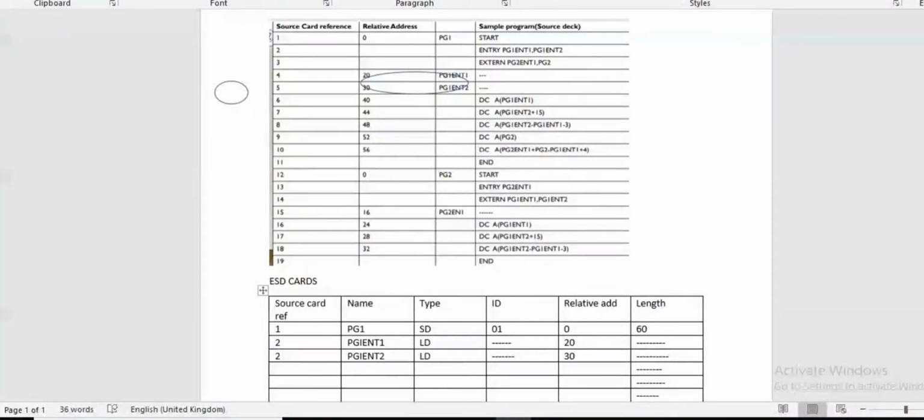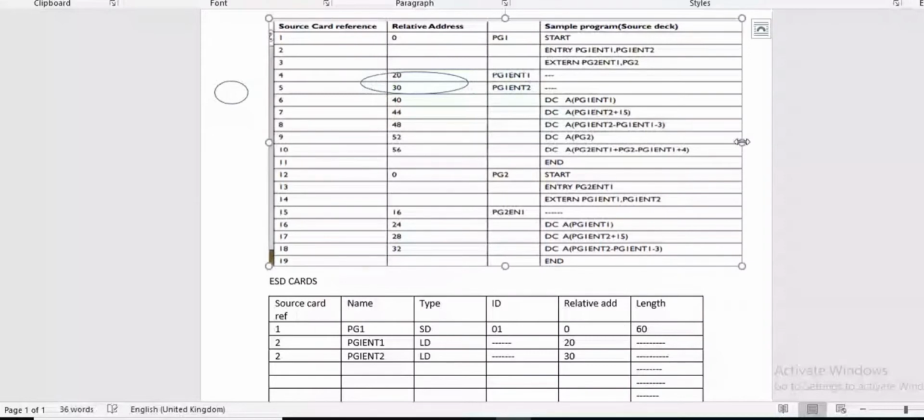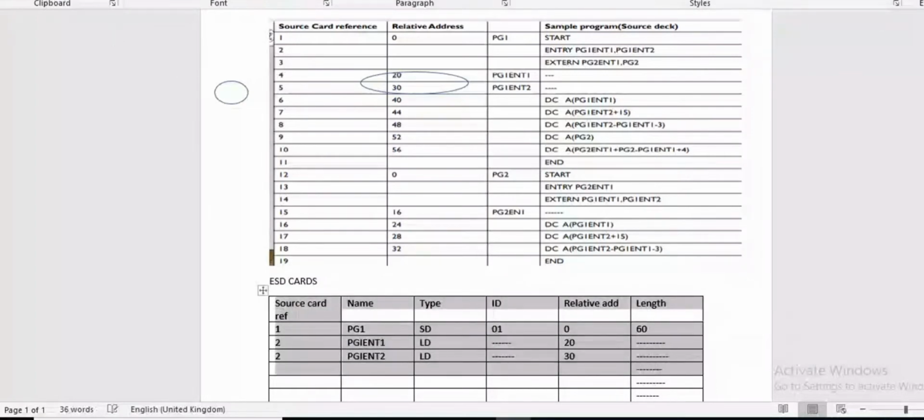Ma'am, please zoom the screen. Okay. Now is it visible? Is it visible?